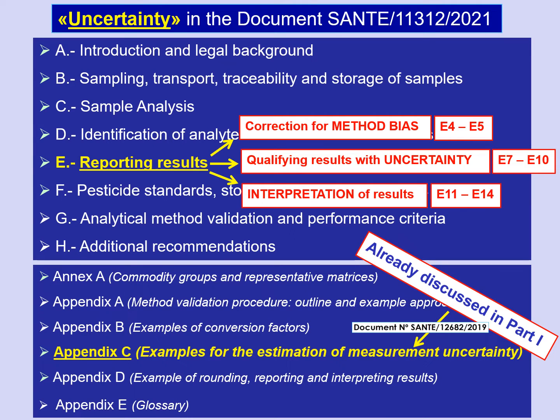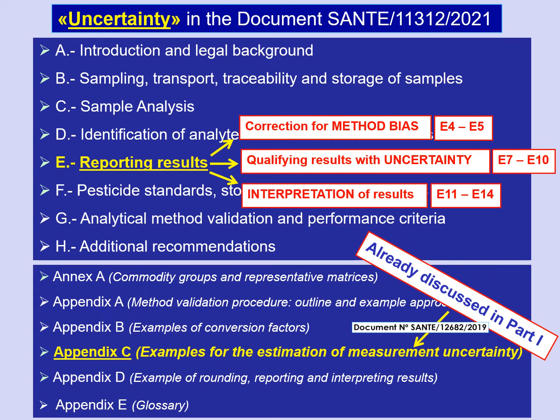Let's start remembering that all information on uncertainty of results in pesticide residue analysis in the AQC document is included in Section E, Reporting Results, and in Appendix C. It is important to note here that Appendix C is exactly the same in both the current revision of the document and the revision evaluated in the first part of the tutorial, which was devoted to analyze just this Appendix C. So, in this second part of the tutorial, we will analyze the current guidelines, SANTE 11312 of 2021, specifically